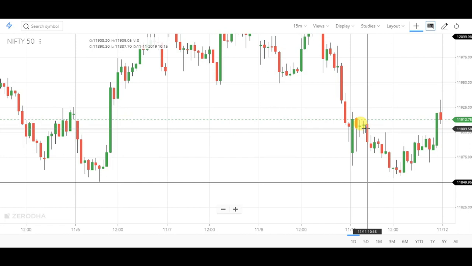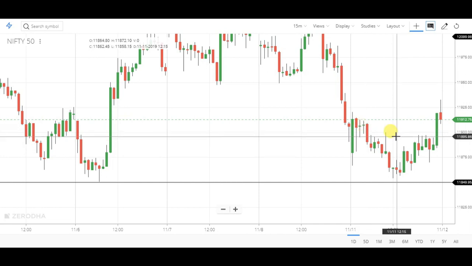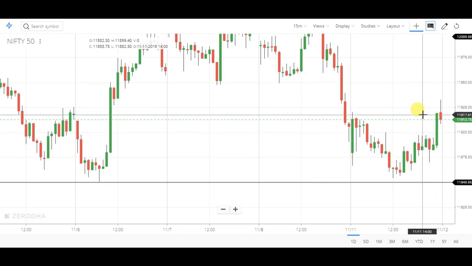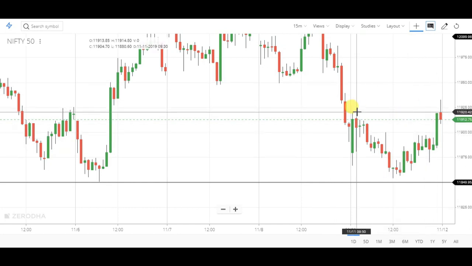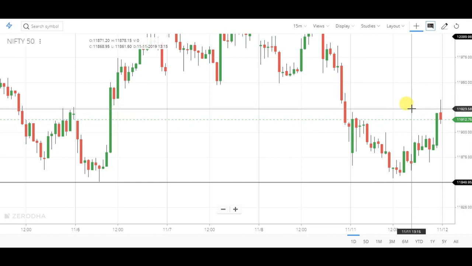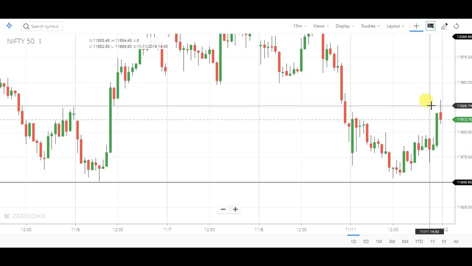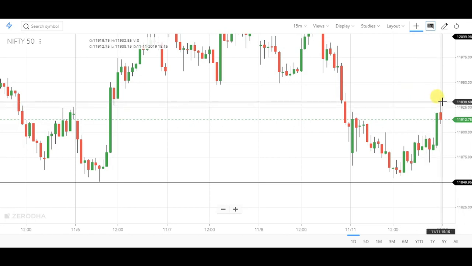But as we discussed yesterday, 11,850 is going to be a very strong support for the Nifty. So we can clearly see that around 12, Nifty made a low of 11,854 and then finally started the upside. And we can see that Nifty again tried to go further upside to this resistance zone, but it was rejected, and finally Nifty closed around